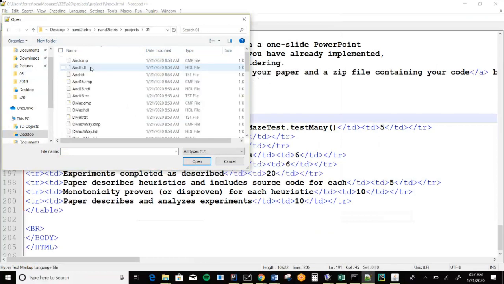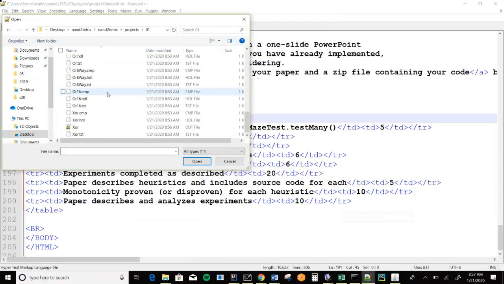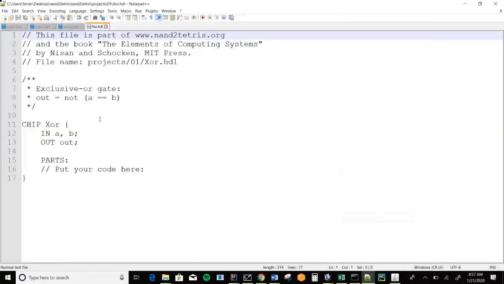All right, so I'm going to go to Project 1, and I'm going to grab Xor.hdl. HDL, again, stands for Hardware Description Language. The book in Appendix A, I think, has a complete description of the language, but we'll see a lot of the salient features here as we build this particular circuit. This has comments that should look familiar to you from Java.